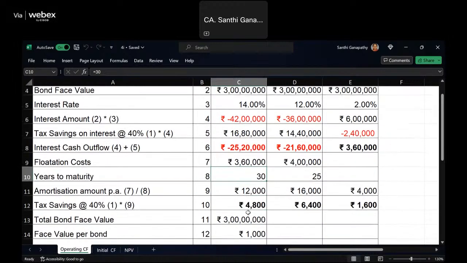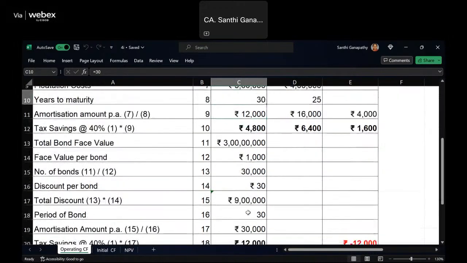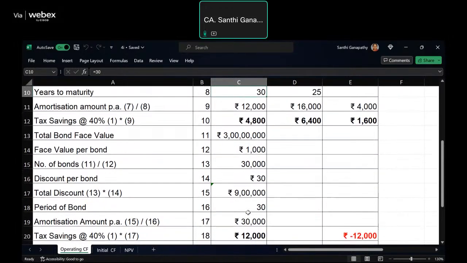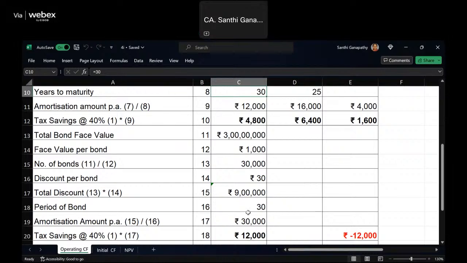So now, apart from this, there was a discount given. So that also for the old bond, you have the benefit. So that's how much we will see. So all put together, old bond means what is the commitment? New bond means what's the commitment? Is that a saving? That is a question.